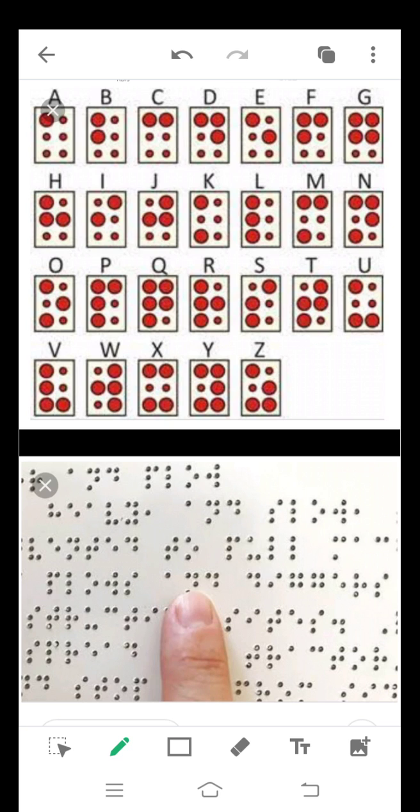But alphabets are not as the normal ABC which we are studying. They are in different designs. As you can see here, different letters are given different patterns of dots. Okay, so different patterns are formed with those 6 dots. They have to learn these letters, and then slowly they learn how to read words